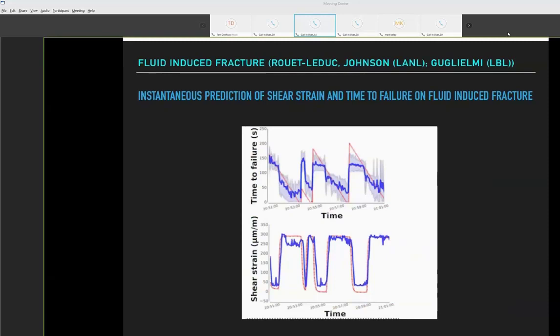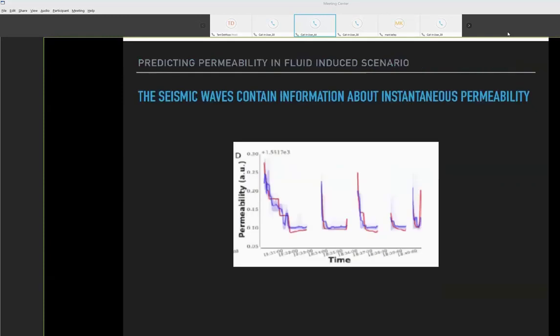So we're honing this result right now, but it looks like it's working reasonably well and leads us to believe that we can do just as well with fluid-induced fracture as we can for tectonic fractures. And obviously that's of great importance for a lot of the work many of us are doing currently, both here at Los Alamos and for all those of you at other institutions who are listening in. Next slide, please.